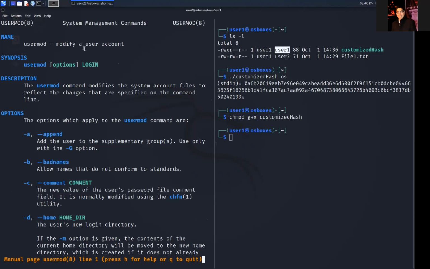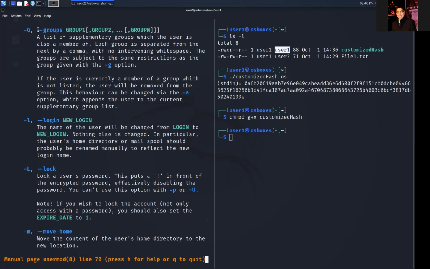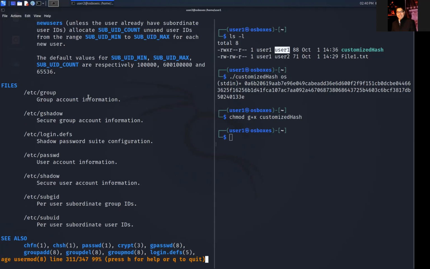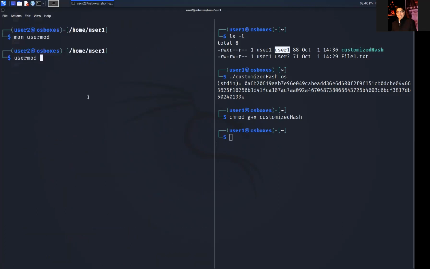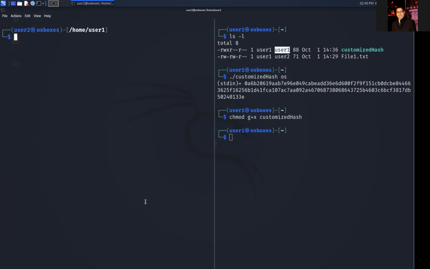This is for modifying a user account. So here it can add a user to the supplementary groups, used only with this -G option. And let's go down. This -G option asks for the group. And then let's go further down. We have an example here. Maybe we can check usermod help. The list of these options does not give an example, or you can directly write it like usermod,